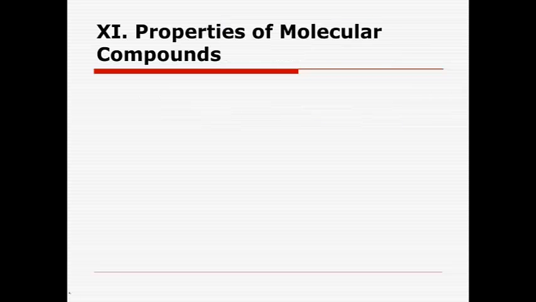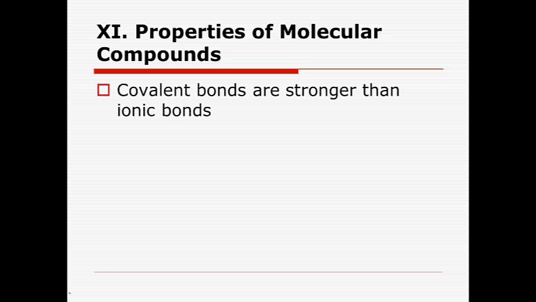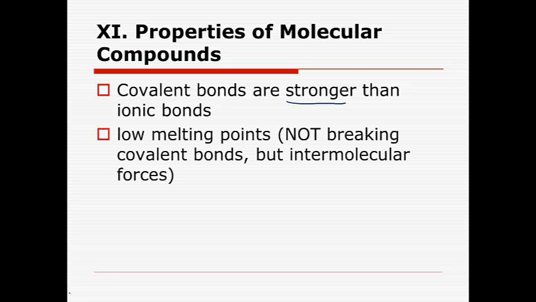Now, properties of your molecular compounds. Covalent bonds are going to be stronger than ionic bonds. But molecular compounds, which is where you find covalent bonds, have low melting points. The reason for this is because when you try and melt a molecular compound, you do not break the covalent bonds. When you try and melt a molecular compound like water,